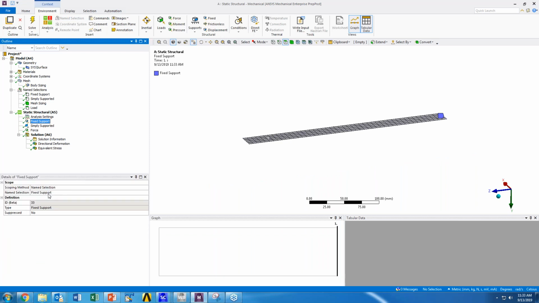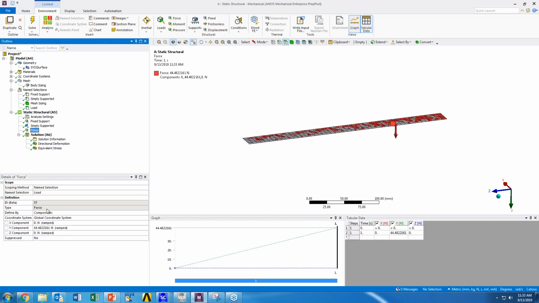You can see here, it's called out with a name selection, calling the name selection that SpaceClaim created. Same thing for simply supported, same thing for the force load. As long as the name selections in SpaceClaim have the same names that were defined when, let's say, this load was applied, no matter if they're deleted or removed, as long as when it updates, it can find a name selection that is named the same, it will relink without issue, right?